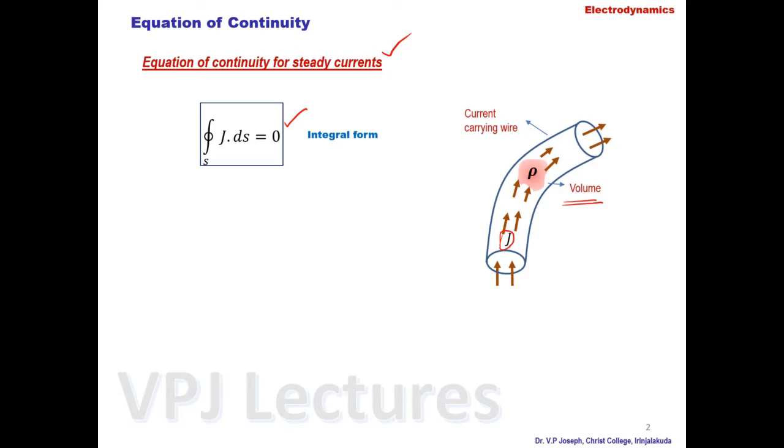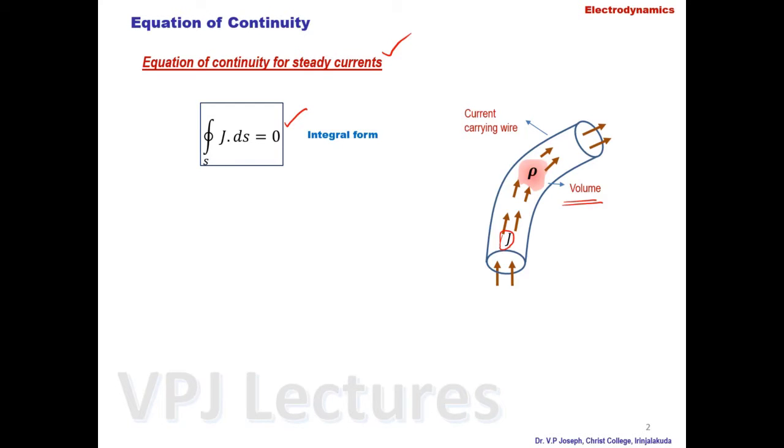Otherwise, if the total number entering is not equal to that leaving, then surface integral J dot ds is not equal to 0. For example, if 100 charges are entering into the volume and 80 charges are leaving, that means after that small time, 20 charges are in excess there. So in that case, it is not steady state. If 100 charges are entering and 100 charges are leaving, then the total surface integral J dot ds becomes